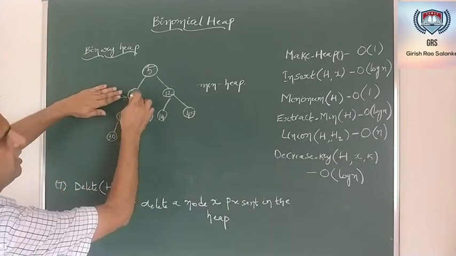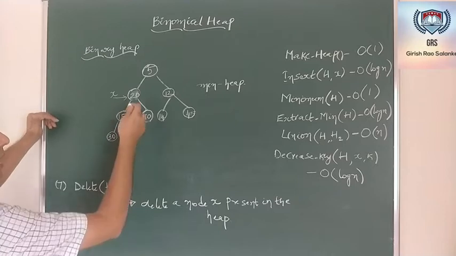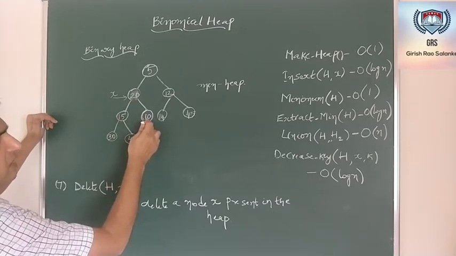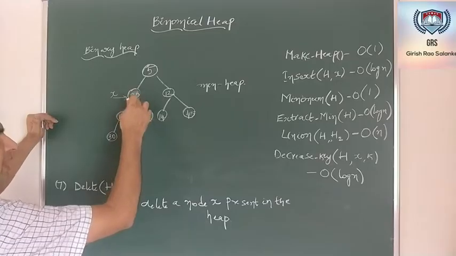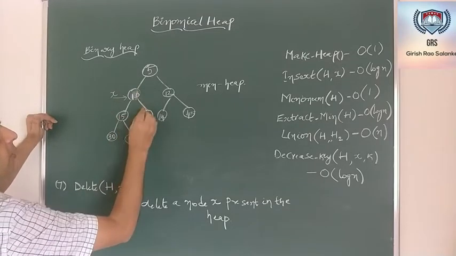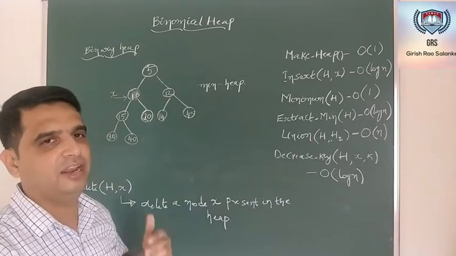Now check whether this is a heap. This is not a heap. If this is supposed to be a heap, I need to compare this with its children 15 and 10. Now 10 is less, so I need to move 10 here, and I need to bring 20. If I bring 20 here, that is done. We are done. So this was the deletion operation.